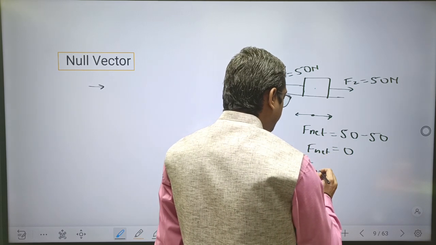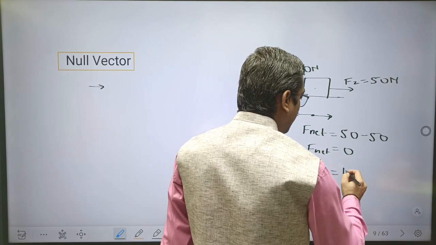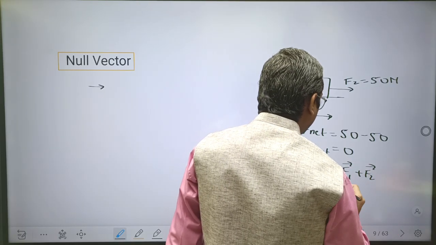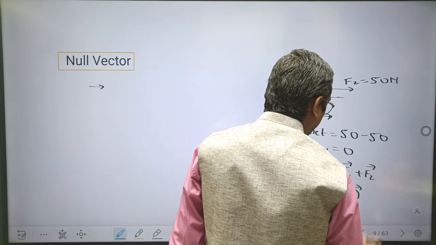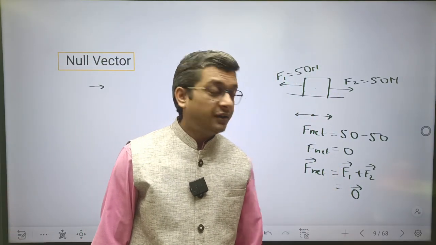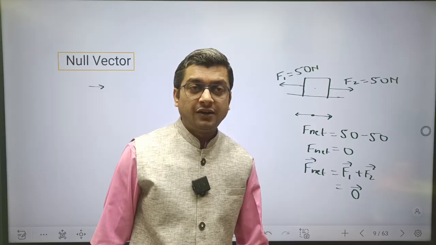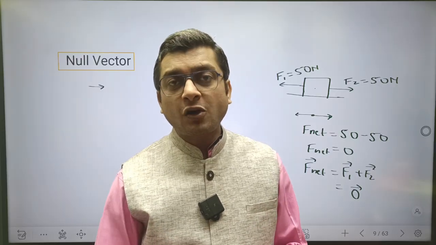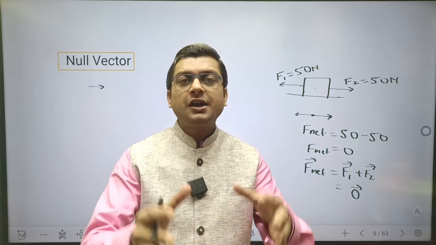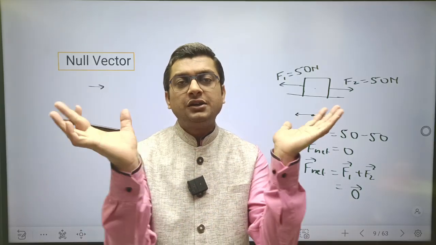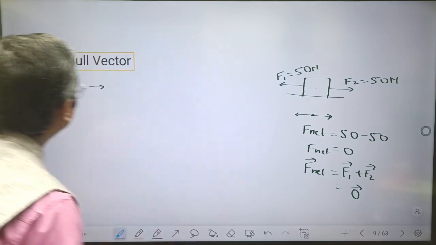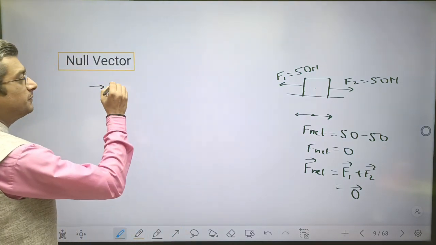But if I write it in vector form, that is F net is equal to F1 vector plus F2 vector. So this will be actually 0 vector. Are you getting? This will be actually 0 vector, and this is known as null vector. So from where the null vector is obtained, it is nothing but addition of two vectors which are having same magnitude, but their sense of direction is exactly opposite to each other. So null vector is obtained